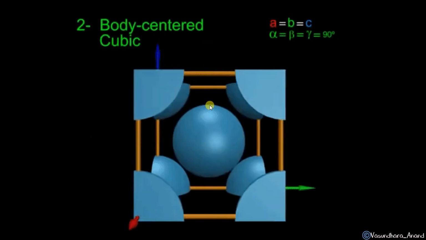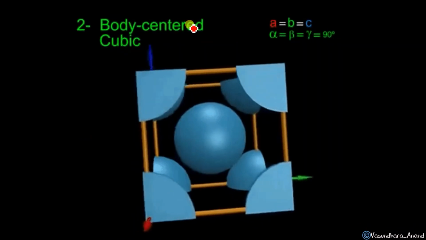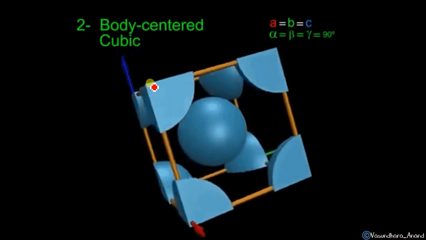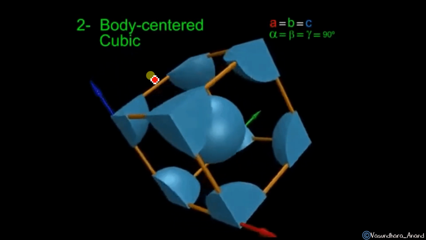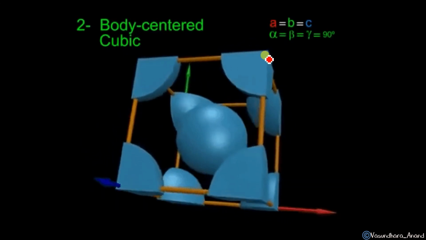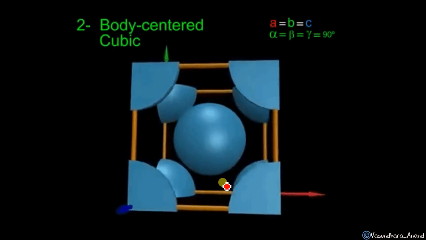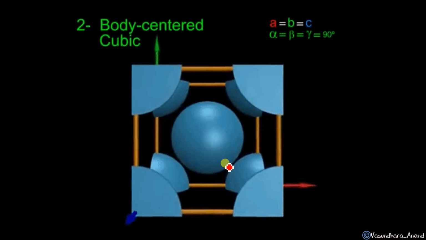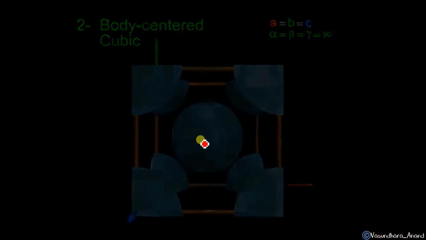Okay, next thing, another cube. This is body centered cube. In this body centered cube, what will it be? All the corners will be occupied by the atom. Yes, 1/8 honge. And in the center of the body, there will be one complete atom. Got it? One complete particle will be there.